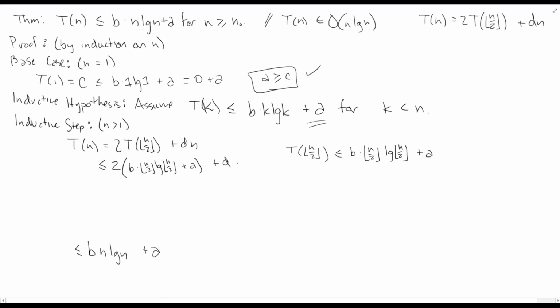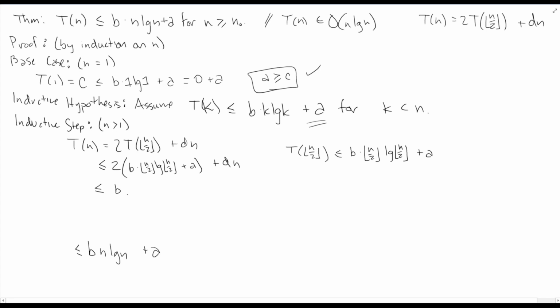Plus dn. Okay, let's keep going then. And we get less than or equal to. I want to, I don't know, there's a couple things we could do here. I'm actually going to do two at once, save ourselves a little bit of space here. I'm going to cancel out my floors, and I'm going to multiply my 2 in. So that first 2 is going to cancel with this 2 here after the floor is gone, leaving us with